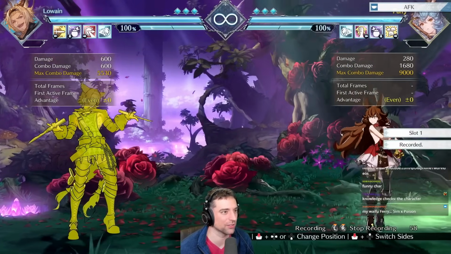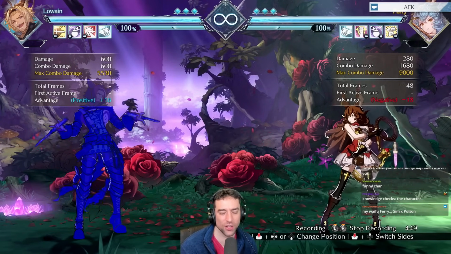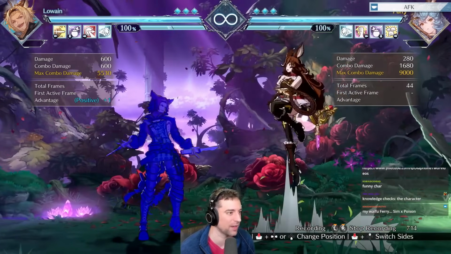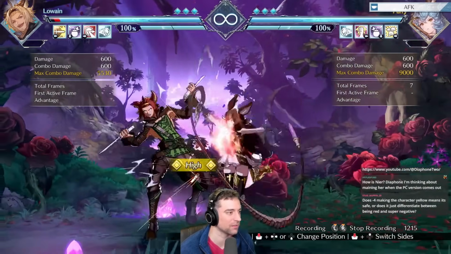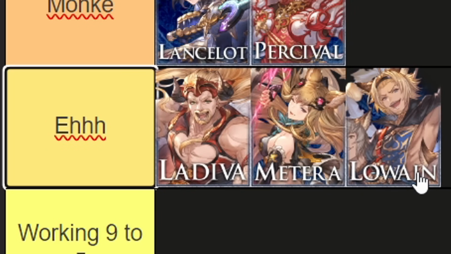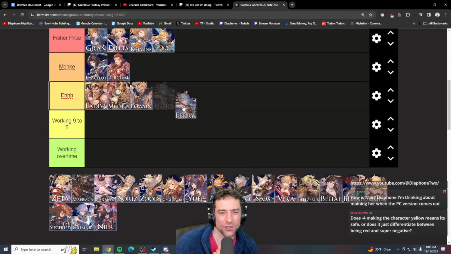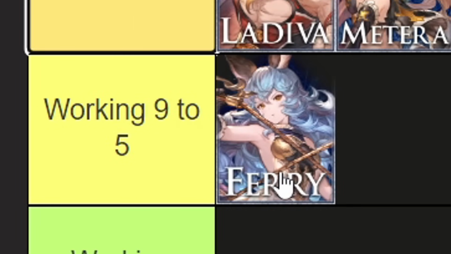I think overall this character is quite good in this version, but at the same time you have to know the setups with her. You have to know certain spacing. Her dive kick's quite good, but you have to know how to space it and how to convert off of it. But overall, if you're looking for a longer range character, Ferry might be for you. I think I'm going to put Lowain here. Ferry, I feel like they made her easier this version, but there's still a lot of setups you need to learn. I think she's on the hard end of the cast, so I'm going to put Ferry